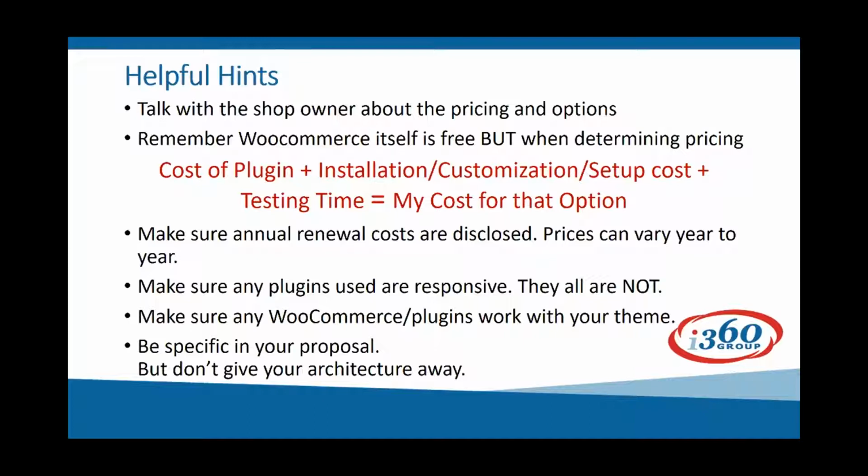Once you come up with your pricing and you're ready to deliver it, talk with the shop owner. It's amazing to me how many times I've sat down going over pricing options, and the store owner was shocked how much a certain option was going to cost, like shipping. They wanted to do this elaborate shipping or all this stuff. And I said, but hold it. If we scale it down and do it this way instead of the way you want it, here's the pricing on what you want,